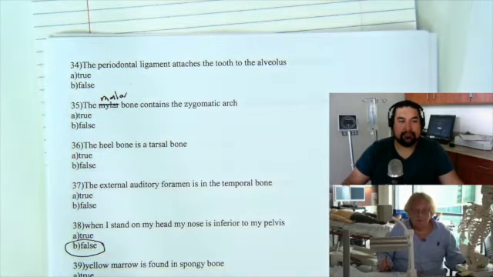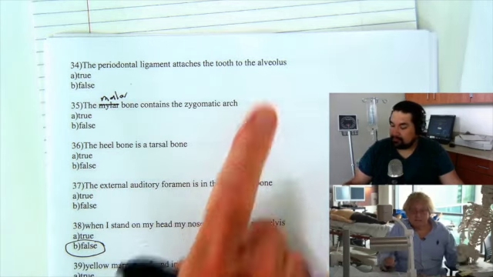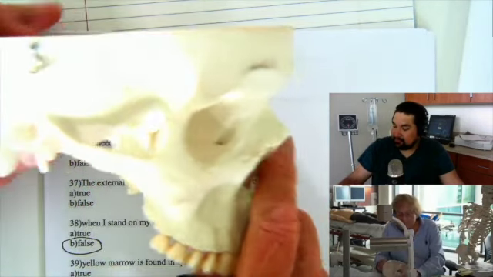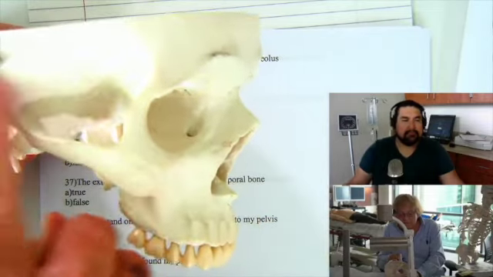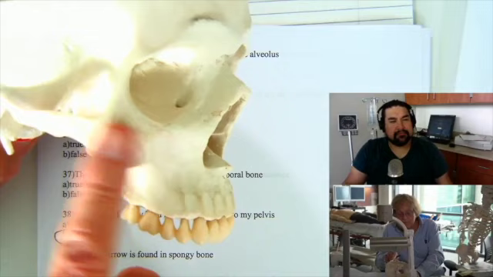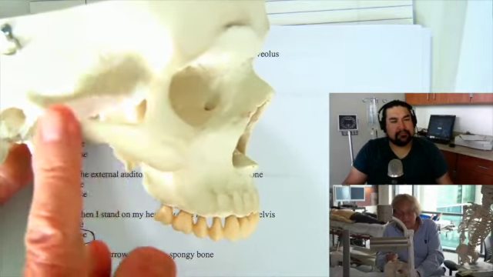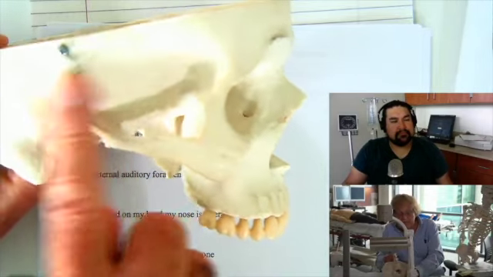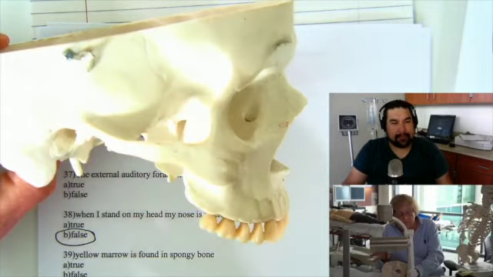So the malar bone, it says, contains a zygomatic arch. Remember, first of all, to tell you what this is: my malar bone, or cheekbone, right here. This is my zygomatic arch right here, and this is my temporal bone. So that question's wrong in two